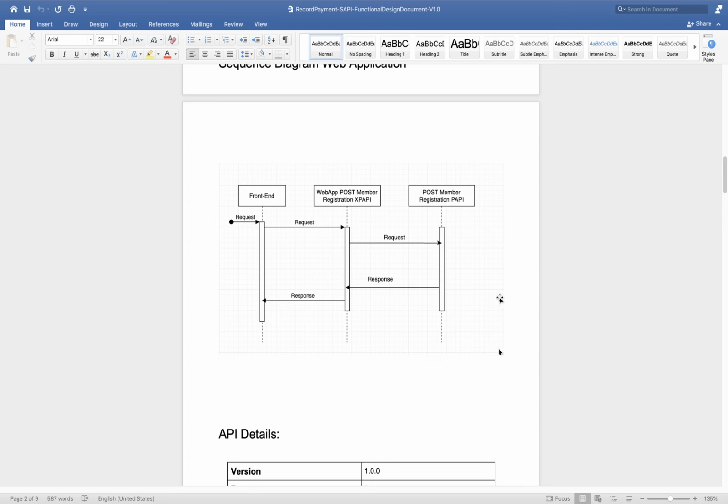This is a very simple API, so we don't have a complex sequence diagram. But other APIs, like the scheduler one and the verify and reset username and password APIs, are very complex, so there you will see complex diagrams. Here we have a very simple one.